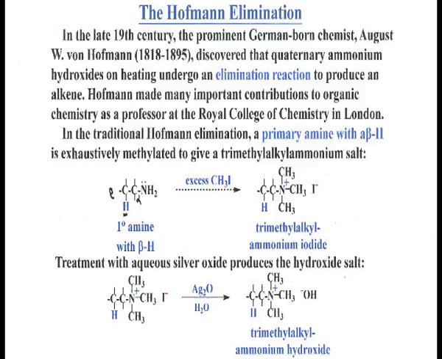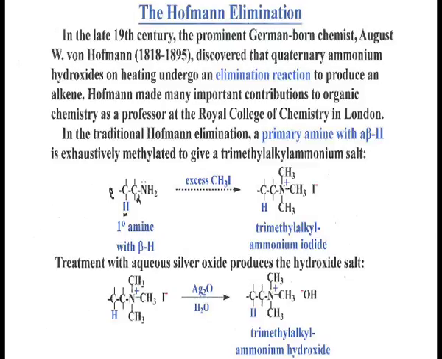You have a beta-hydrogen-containing ethylamine treated with excess methyl iodide. So what will methyl iodide do? It will pick up the lone pair of electrons from nitrogen and break the carbon-iodine bond. As a result you get N-CH3, one hydrogen getting expelled with the help of iodide. And in that way, if you do further methylation, you end up with trimethyl alkyl ammonium iodide. That means the quaternary salt, N plus and I minus.